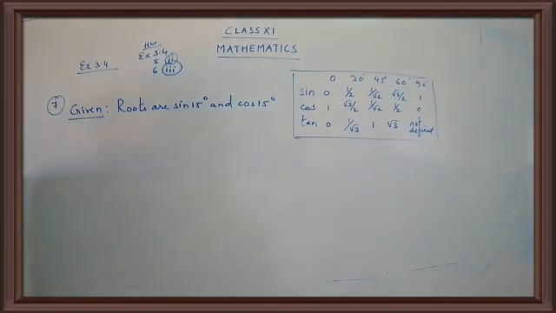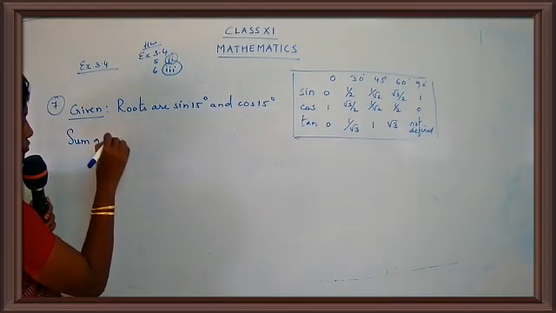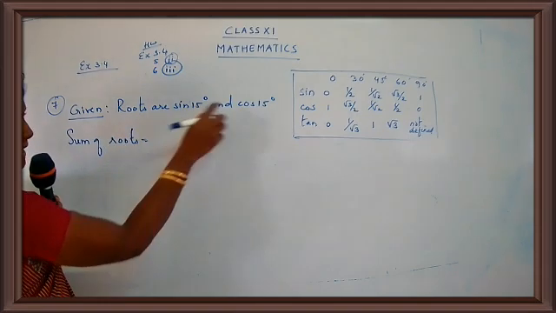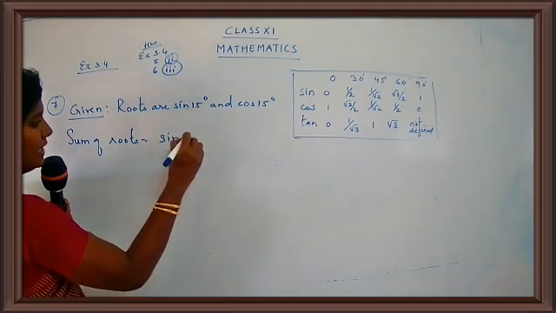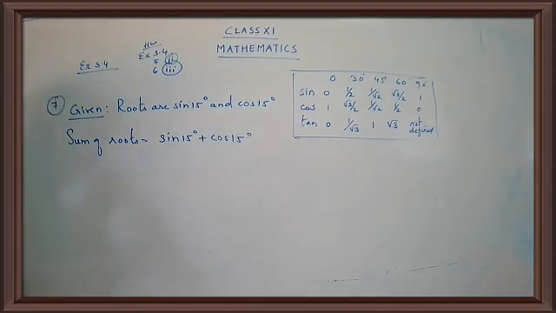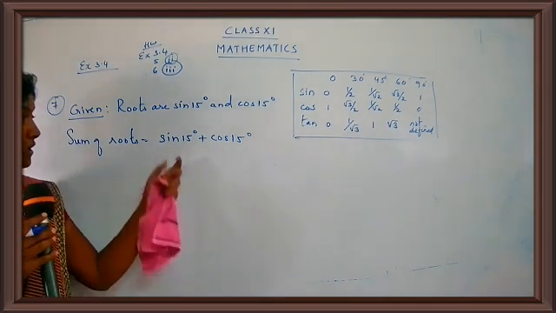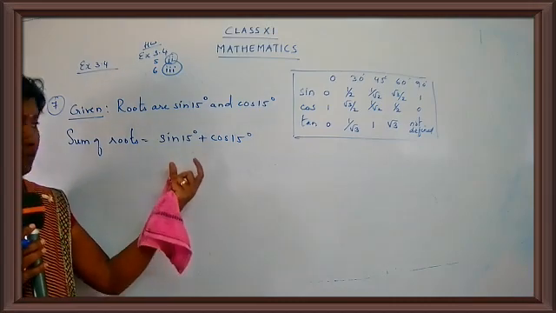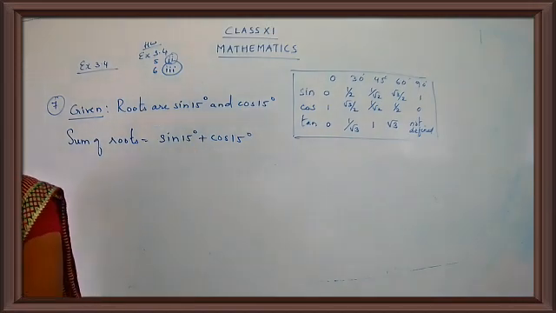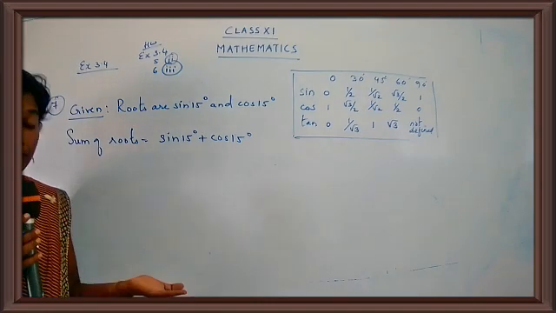So first thing is you are going to find the sum of roots. Write down here, sum of roots is equal to sine 15 degree plus cos 15 degree. Do not do anything directly; we cannot do any direct addition over here. Do not write it as 30 degree. No. For sine 15 degree, we have to write 15 in terms of two angles, like we have already done for cos 105 degree and tan 105 degree. Yes, children.